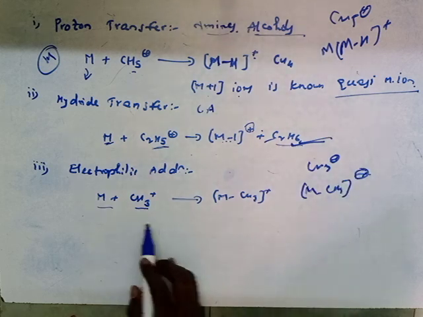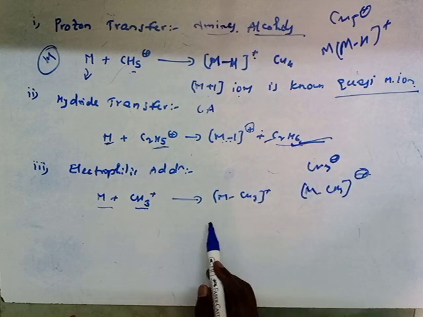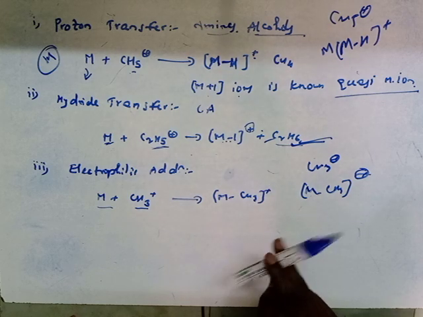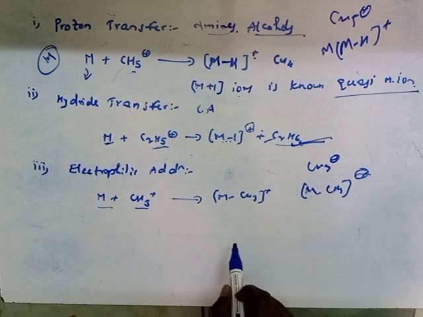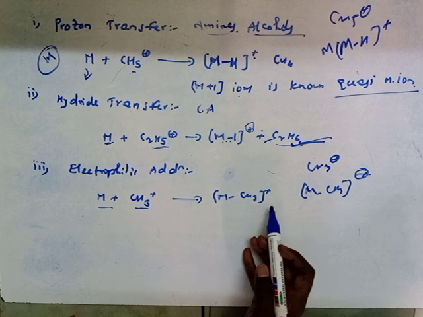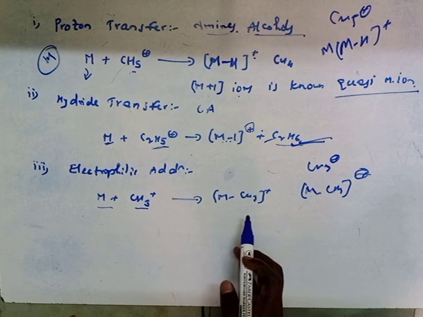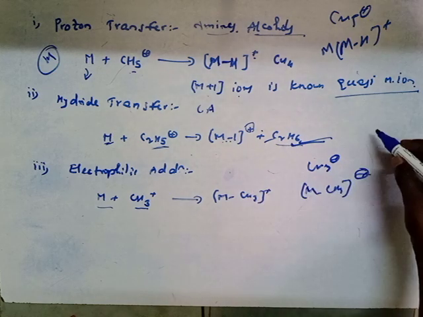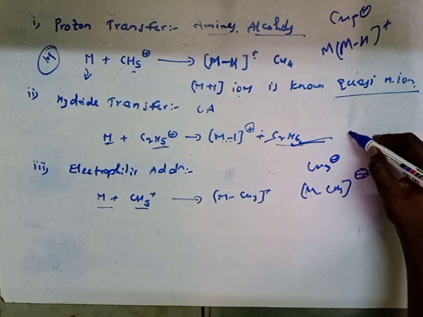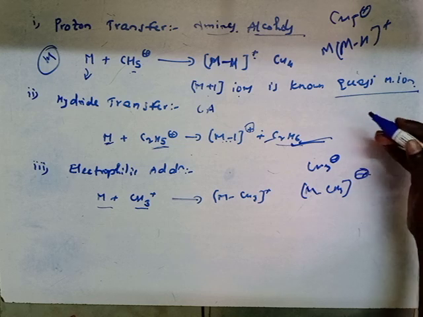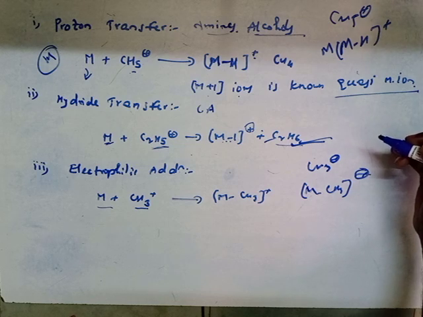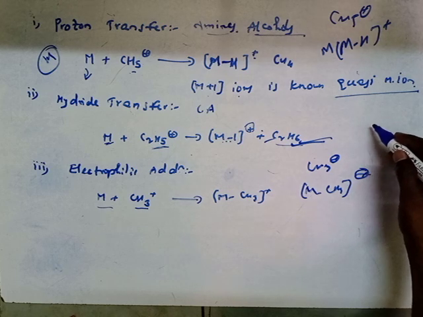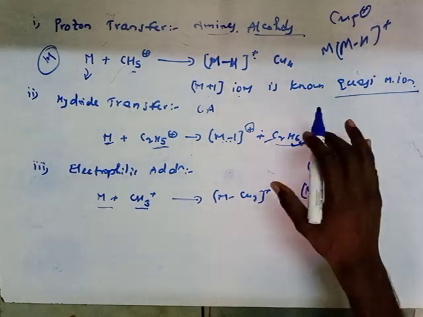And by using the chemical ionization method, we can know the molecular mass information, but not the structural information. By using this method we can reduce the fragmentation of the molecular ion, so we can know the information about the molecular ion peak, but not the structural information of the molecule.